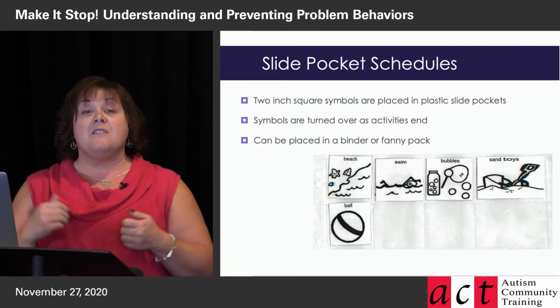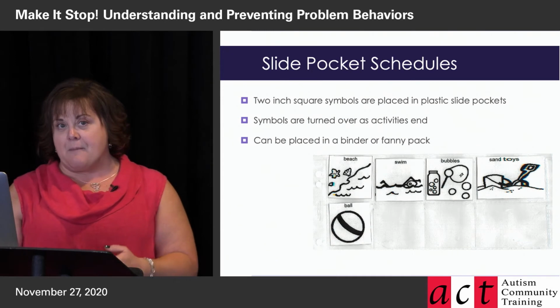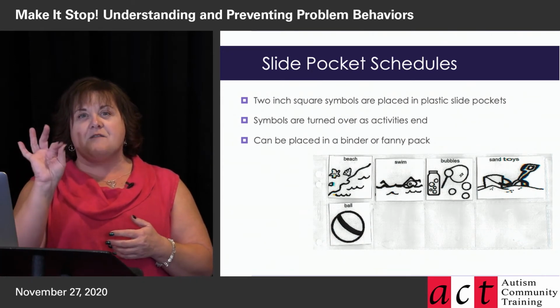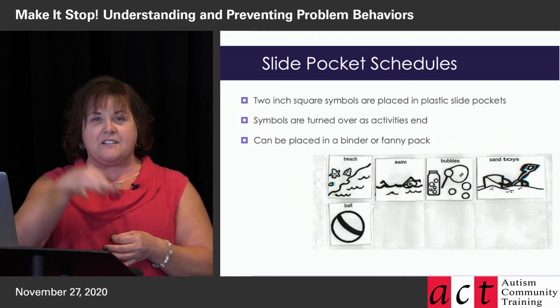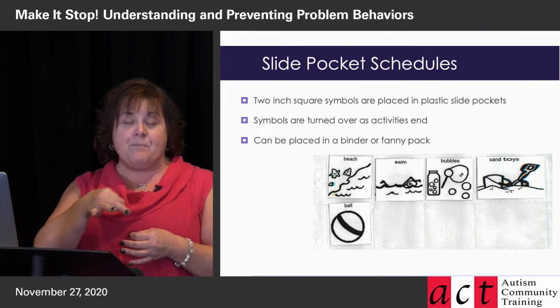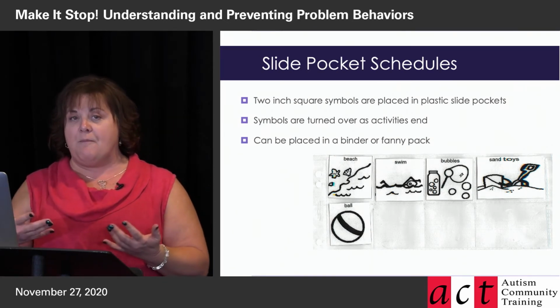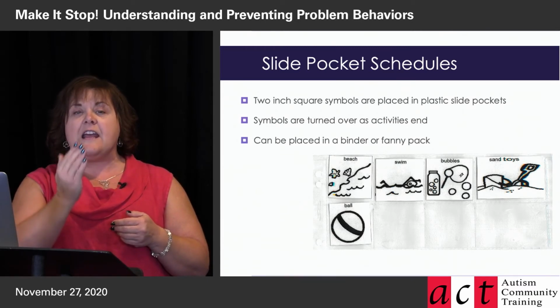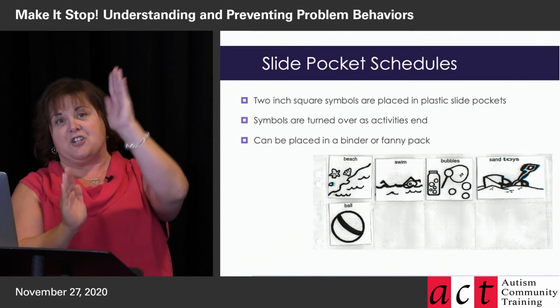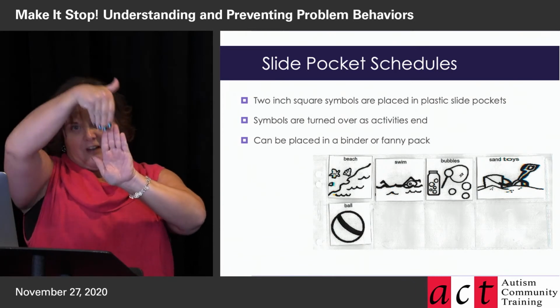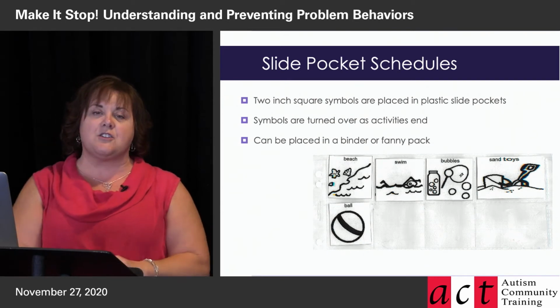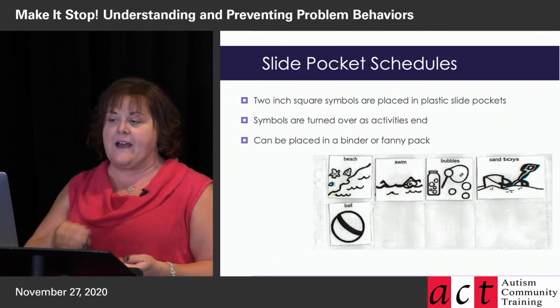The only difficulty for some kids especially with slide pockets is that you've got to have pretty good fine motor skills to pull those symbols in and out. And so that's something to consider. Although one of the things that you can do is just cut a little V in the front pocket of the envelope. So there's your back of the envelope, your front of the envelope, the picture slides in. If you cut a little V in the front part, it makes it easier to grab the symbol to pull it in and out, okay?